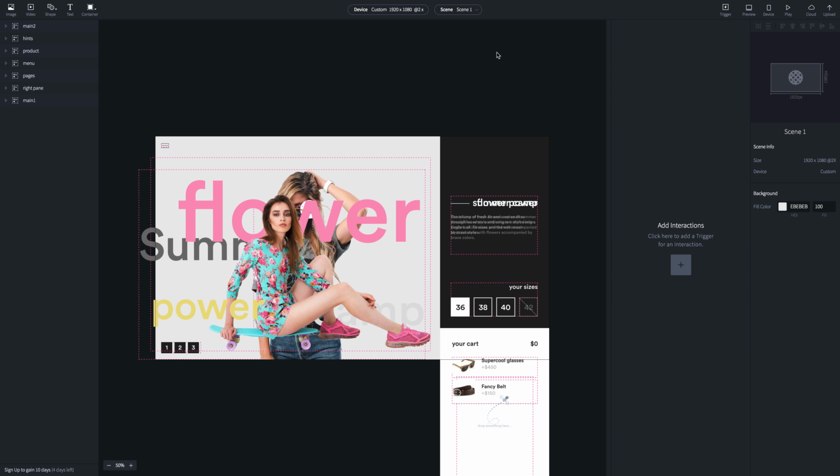So, animating in ProtoPie. Well, ProtoPie is pretty straightforward. You have the layer structure to the left, you have simple tools, as well as those devices and scenes that you can switch between. So for example, if you have 2 artboards in Adobe XD, you can switch between the first and second one with the scenes scheme. But instead of this, in our prototype, we're going to do everything in one scene,